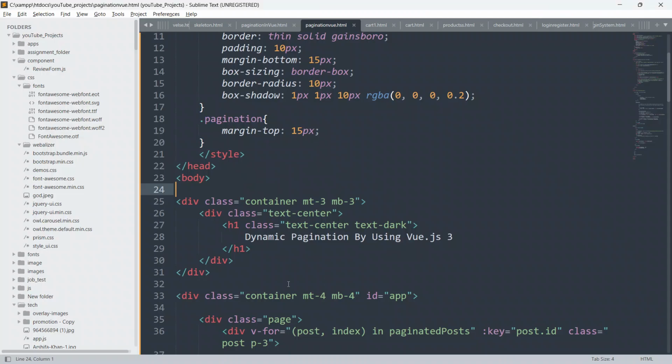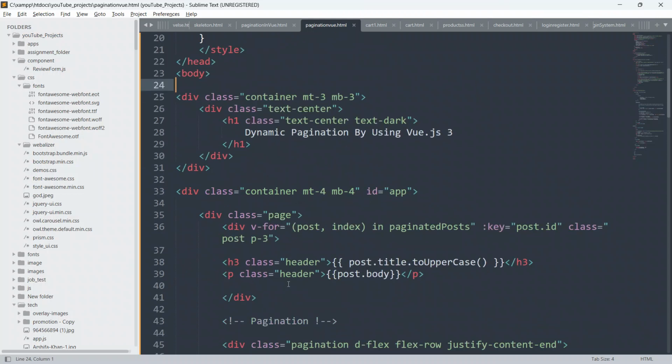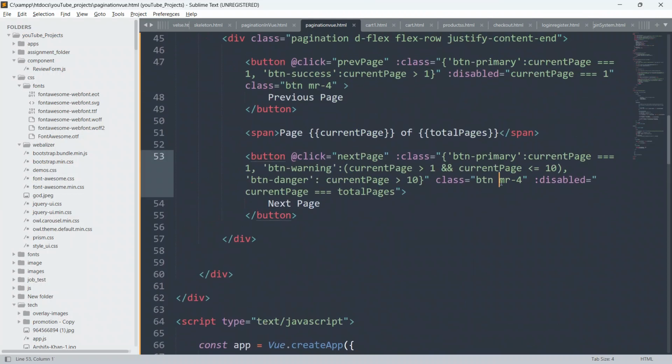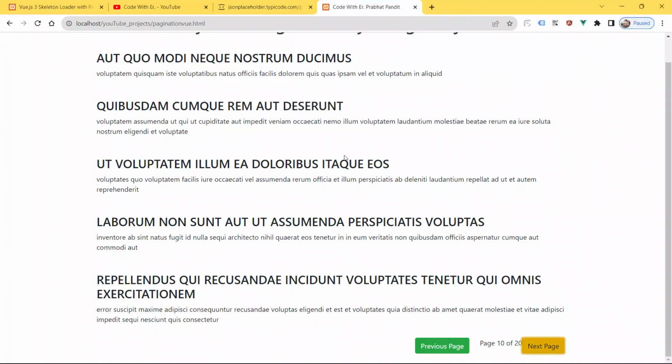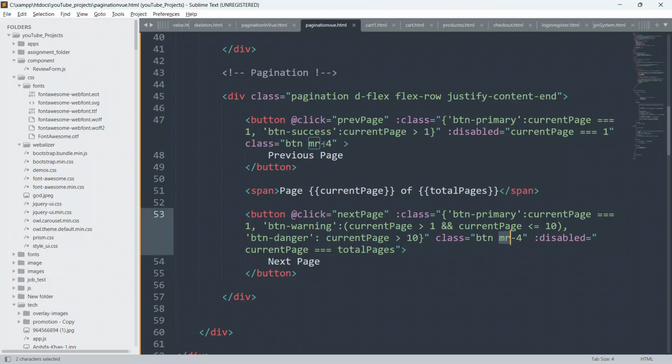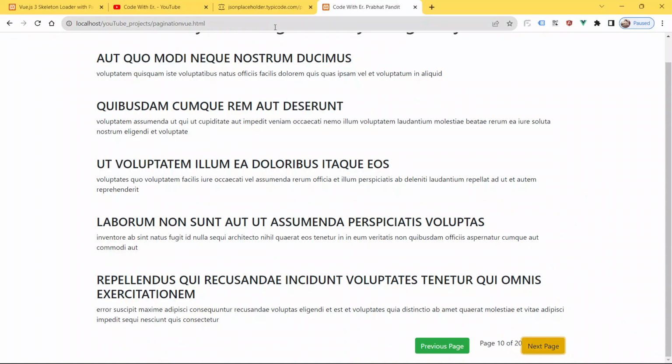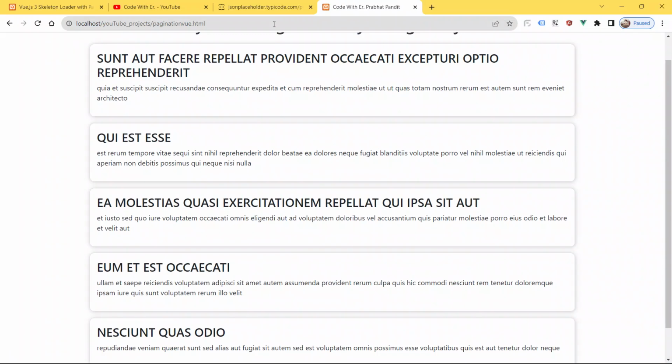And yeah, so guys, margin right is not being applied, and I have to give margin left. Okay, and now save your code, go to the browser, and now refresh the page.